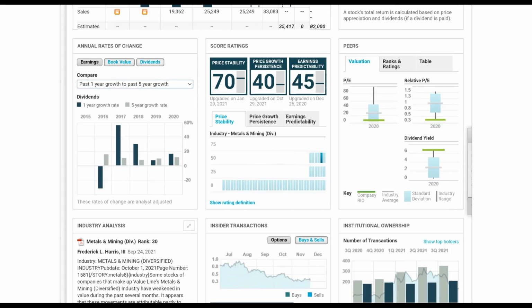In that center box, you've got the score ratings, and those are just big. A lot of times, I think the pros will screen on those. And it's nice to have a company that has very consistent growing earnings and dividends and sales and stock price. And these are the ones that show it. And they show you in the industry. So for price stability, it's that solid blue in that top tier of the 50%, because they don't really have a lot going on there. And earnings predictability, that's going to be a problem with that